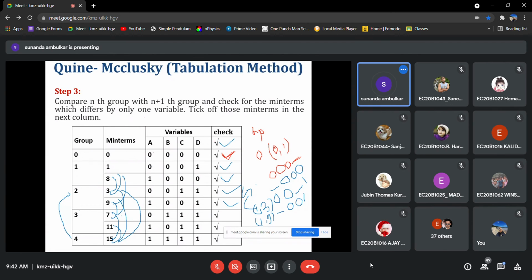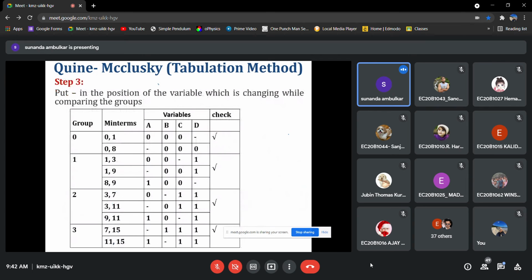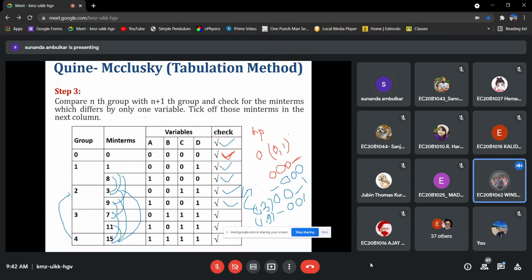Each and everything we need to compare. 3 with 15 is not possible, because 3 belongs to group 2 and 15 belongs to group 4. If group 2 is the nth group, the n plus 1th group will be group 3. So we are not comparing 3 and 15, right?